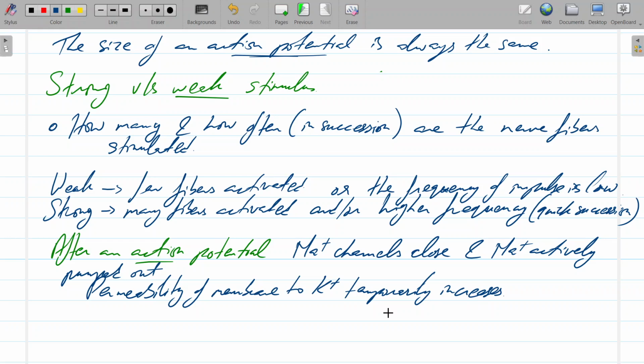And why is this happening? Because voltage dependent potassium ion channels open due to the repolarization. So this is what is called repolarization. Once an action potential has fired, it's going to repolarize. So the inside is going to become negative again. So that's repolarization. And so the permeability increases because voltage dependent